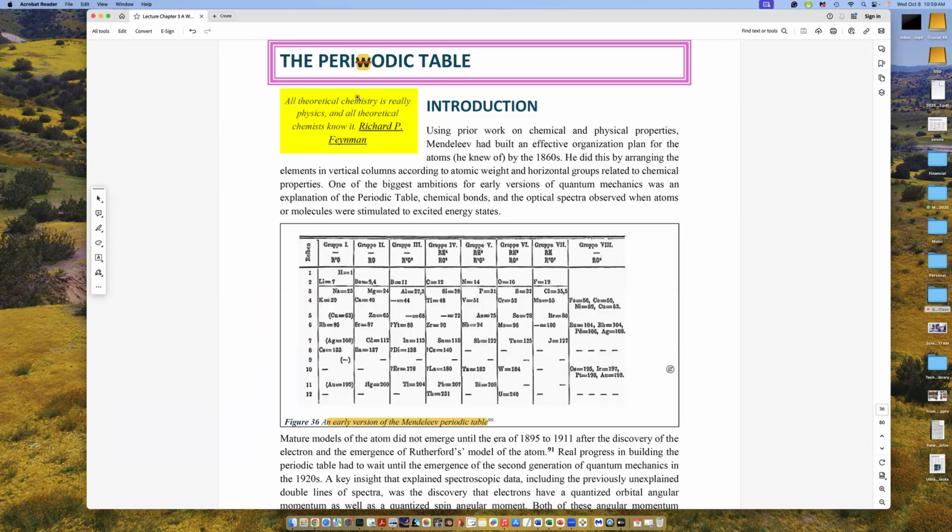So Feynman said, and everybody agrees on this now, that all of theoretical chemistry is just physics. Here's the periodic table as it existed in the 1860s. This is Mendeleev's periodic table, teased together by looking at chemical interactions of different kinds of elements that were known at the time. Not every element was known. For example, you see he's got hydrogen here, but he does not know about helium. That wasn't found until maybe 20 years after his experiments with different chemicals and their interactions.